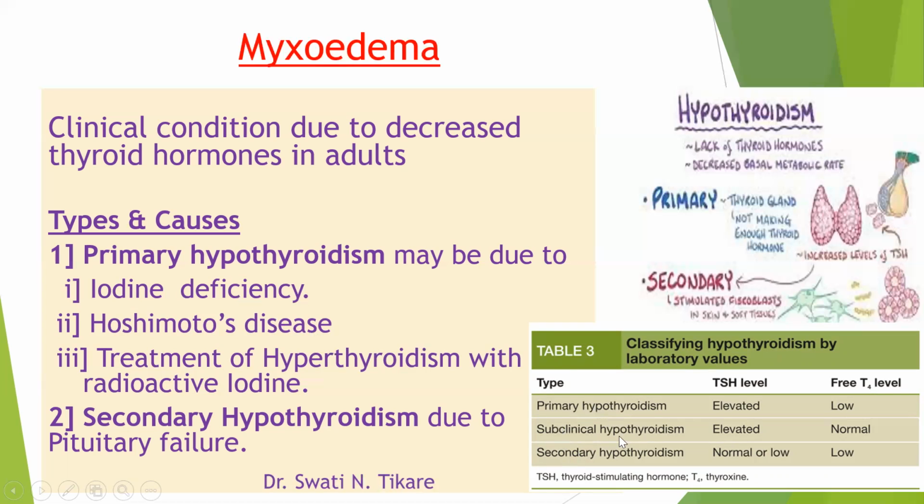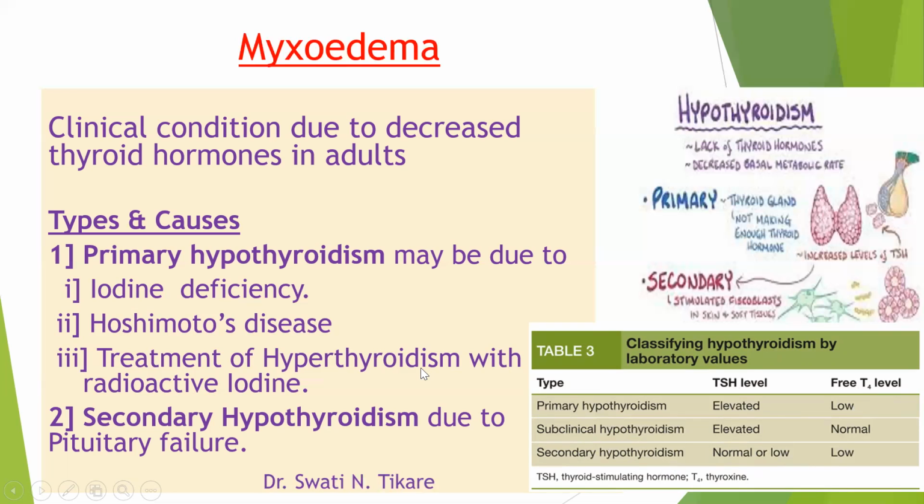Next, we will not discuss the subclinical hypothyroidism. We will go to secondary hypothyroidism. Okay. So here you can see that the problem lies in the TSH level. This will normally be low. Okay. The TSH level will be low and hence there is not enough stimulation, and T4, T3 levels will also be low. So if both are low, it is secondary hypothyroidism. If TSH is elevated and T4 is low, it is primary hypothyroidism.